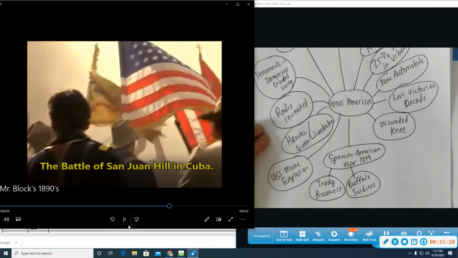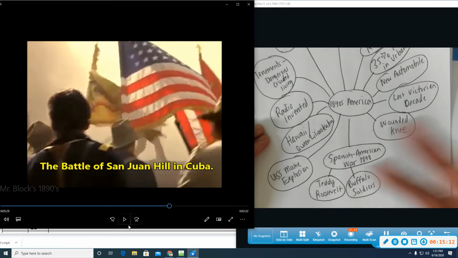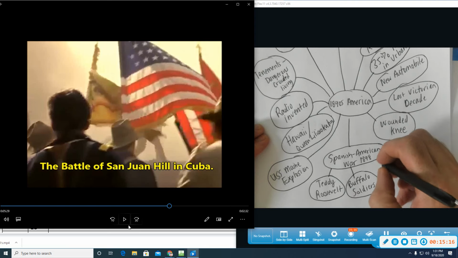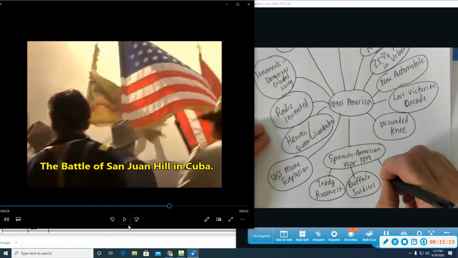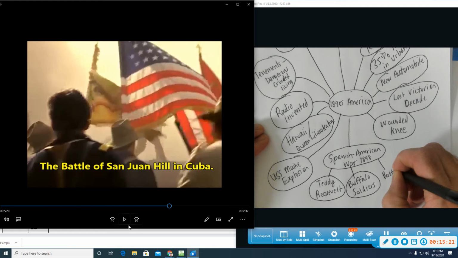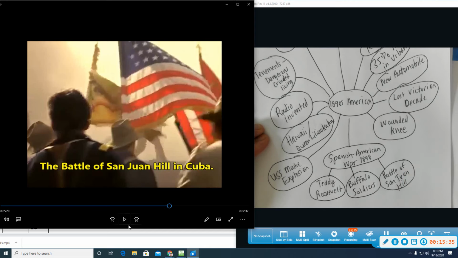It's in Cuba, and the Cubans are fighting with us, and they're going to end up independent because of this war, okay? But we're going to gain some colonies. So, Battle of San Juan Hill we're going to learn about. And that's when Teddy Roosevelt becomes famous, and it helps him become what? President. This is all a long commercial about what we're about to learn. Sometimes it helps to hear it in a little commercial first.